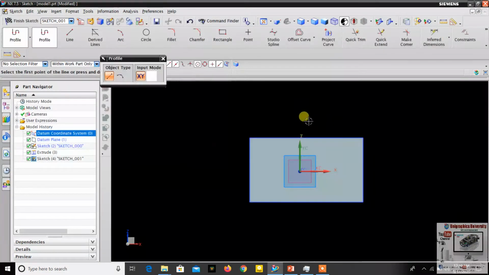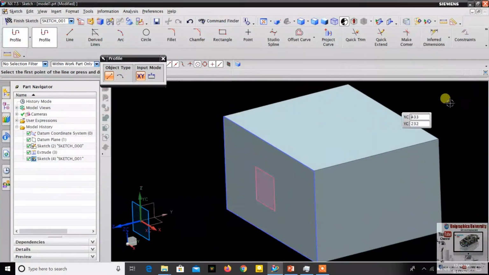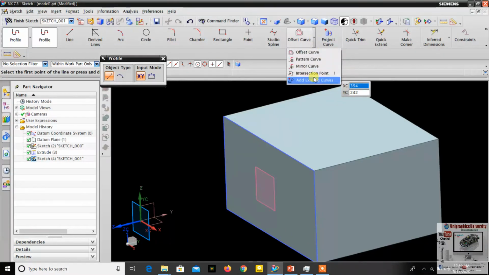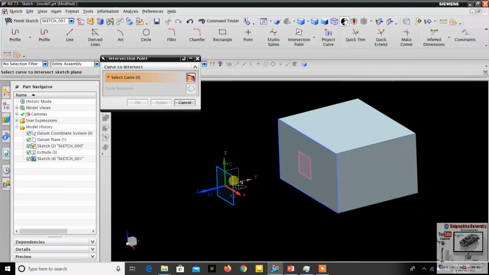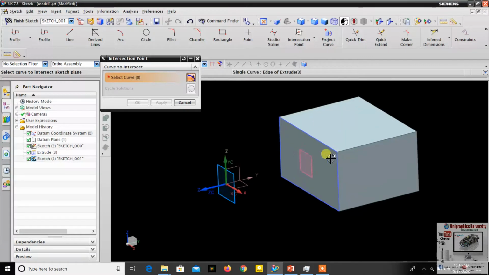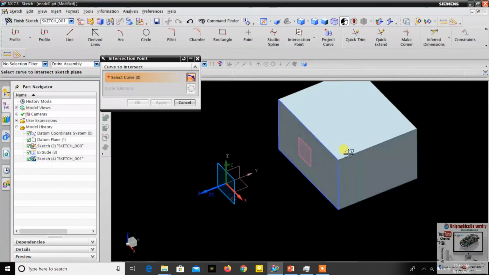Okay. So now I'm going to intersection point. This command is used to create a point in this plane from another plane object. This is the other plane object, right? So you can create the point on this plane at the intersection point of this object.